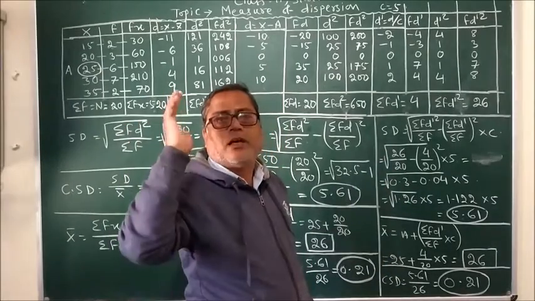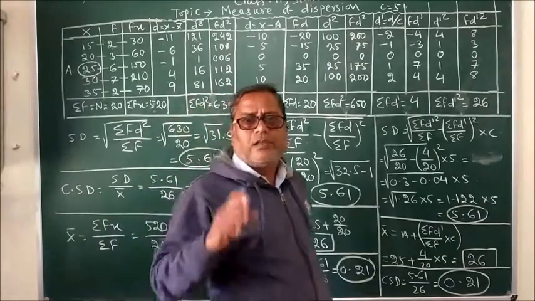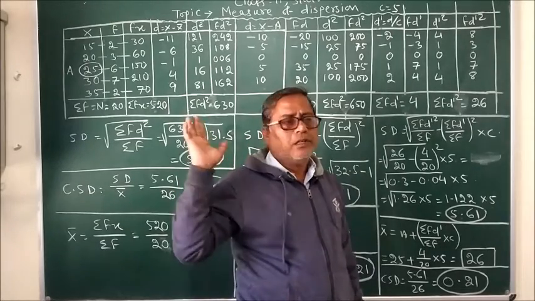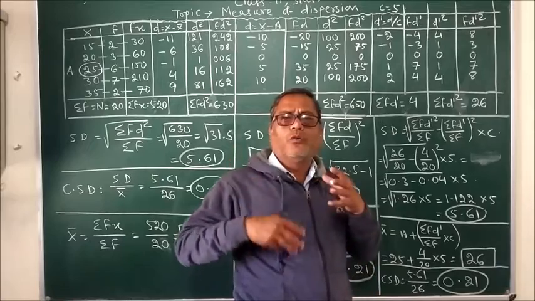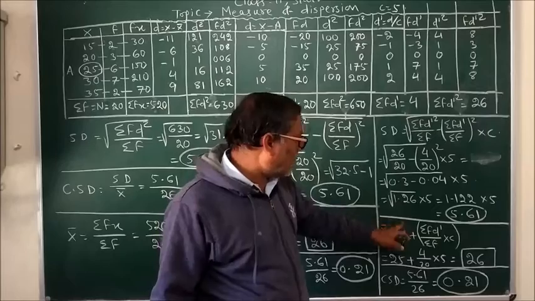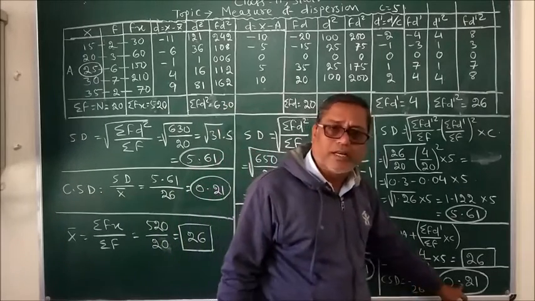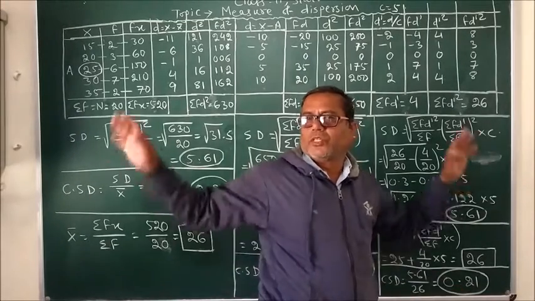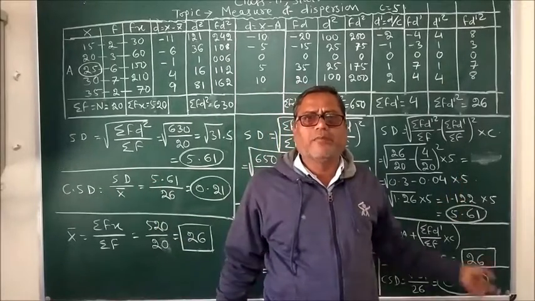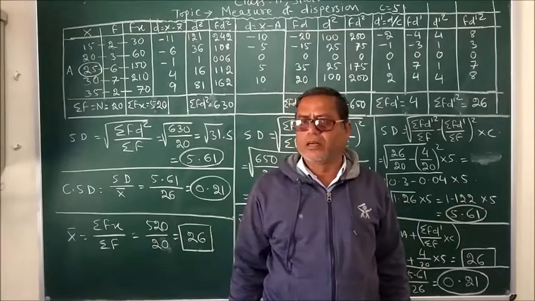If any student has got a problem, then just try to learn, and if you are not able, then you can request me over phone or by messaging me. I will be discussing with you how to find the square root of a given number. In the same way, x bar, the actual mean, we found, and the coefficient of standard deviation, again the value is 0.21. So this is all about how in a discrete series, using the direct, shortcut and step deviation methods, we can find the value of standard deviation and coefficient of standard deviation.